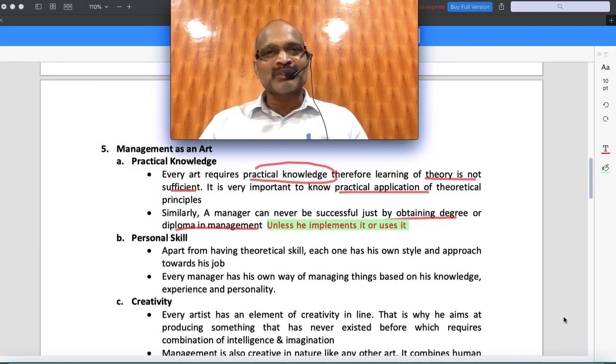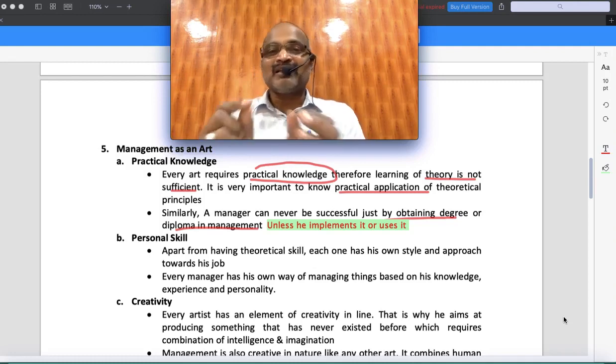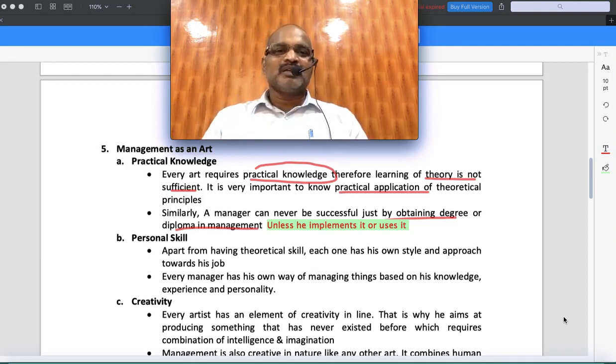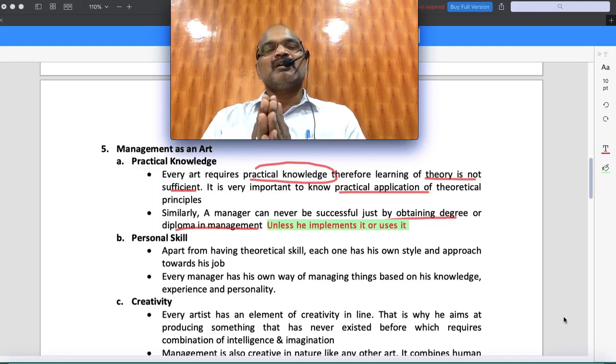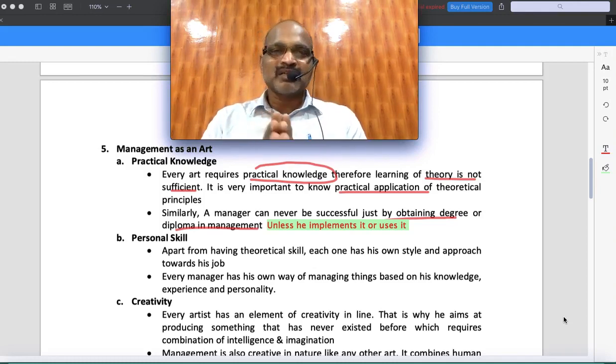Or they don't have promotion, or the company doesn't have good facilities. So salary is just one thing. I learned that salary will increase productivity of employee, but unless it is implemented, first increase the salary and see how many people will be happy if you start scolding them every day. Do you think they will stay? Not possible. So management is also an art. That means it not only has a theory but also tries to implement it.